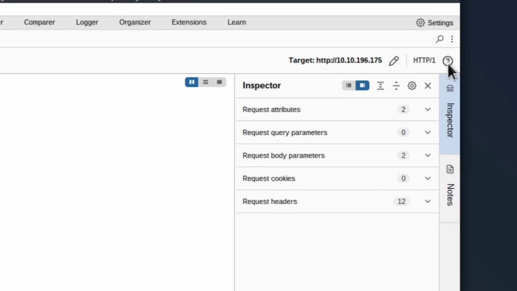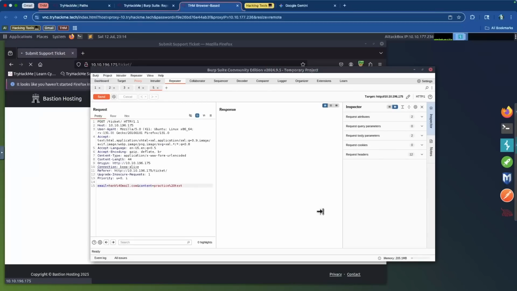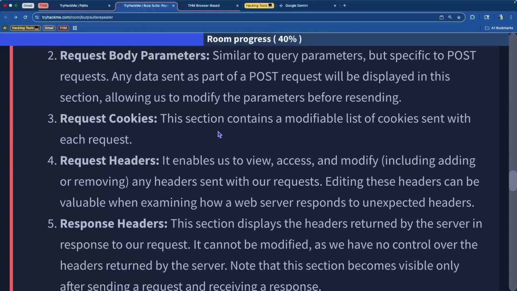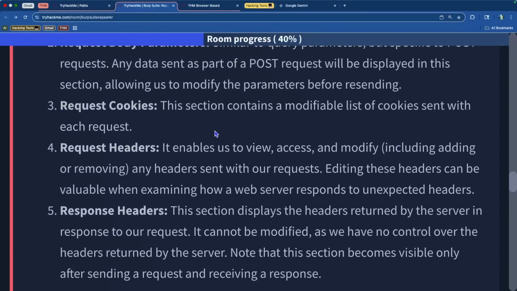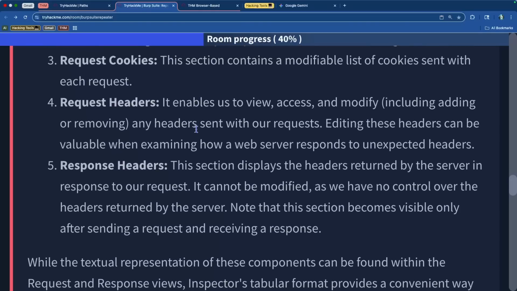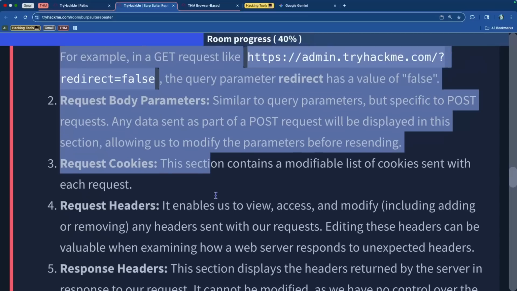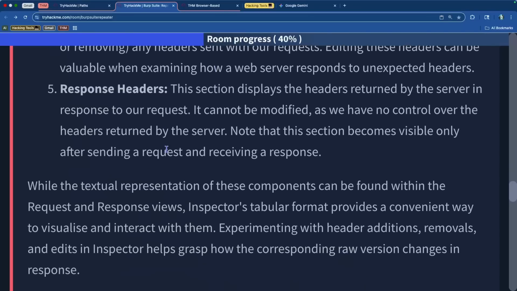You can click on this question mark and it'll actually open up the browser and take you to the documentation of Burp Suite and explain exactly what you're looking at and how it applies to you, and what each individual explanation for each minor subsection of that graphical interface is. So it's very, very handy. So that was basically this. I just gave you the explanation of all of these things